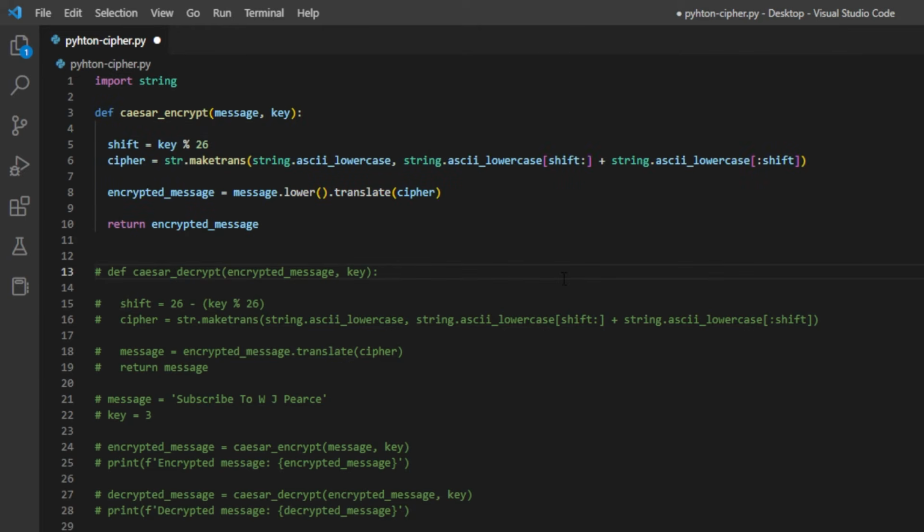this cipher. So the first function we're going to look at starts there on line 3, and it's the Caesar encrypt function. It's made up of two variables that we pass in, the message and the key. The message is basically the message that we want to encrypt, and the key is the number of positions to shift down the alphabet to create the encrypted message. This function basically creates a translation table for the cipher, and then you can use the translate method there on line 8 to encrypt the message. It then takes that message and shifts each individual character 3 to the left down the alphabet to get your